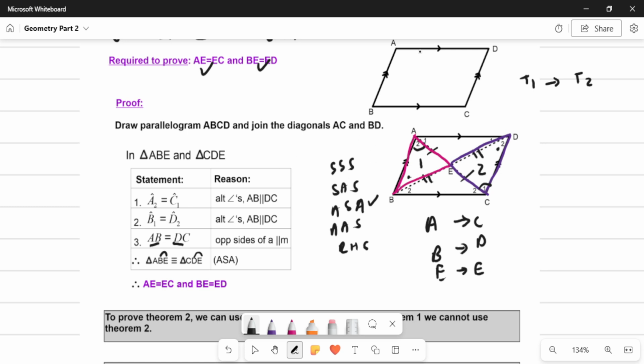Again, I just want you to re-emphasize something: when we are choosing triangles for theorem 2, we choose the triangles that make the diagonals. But when you're choosing a triangle for theorem 1, we choose the triangles that make the sides of the parallelogram. Right, it made these sides. And then obviously the diagonal will be the third side of the triangle. Okay,